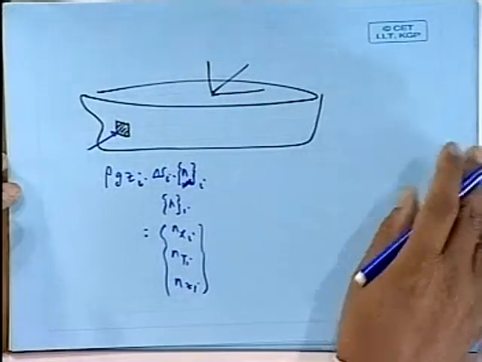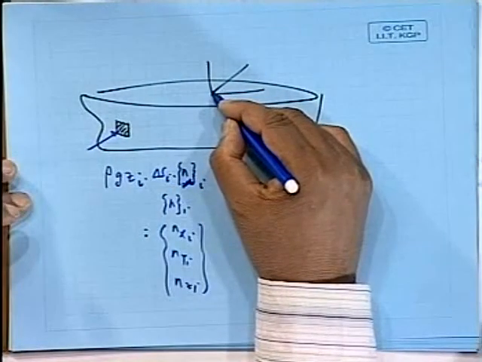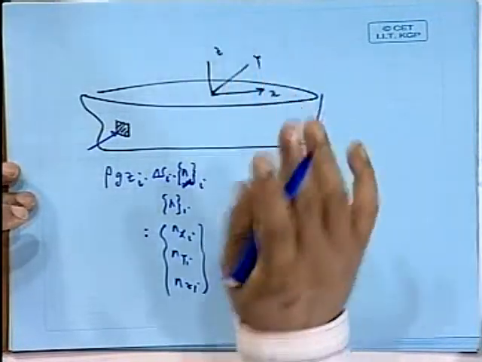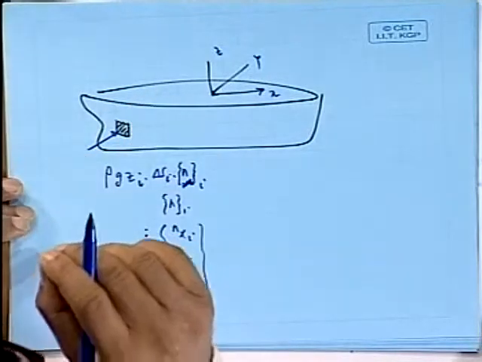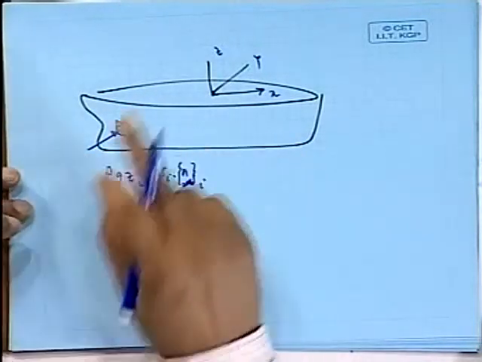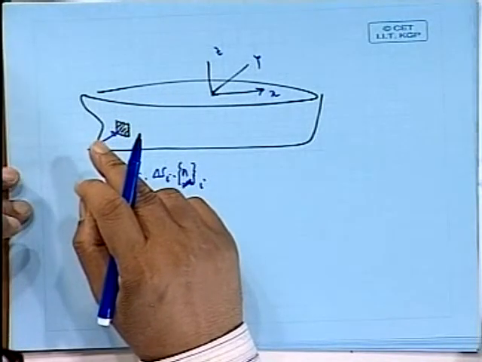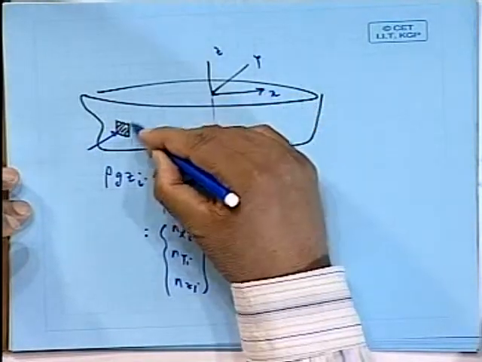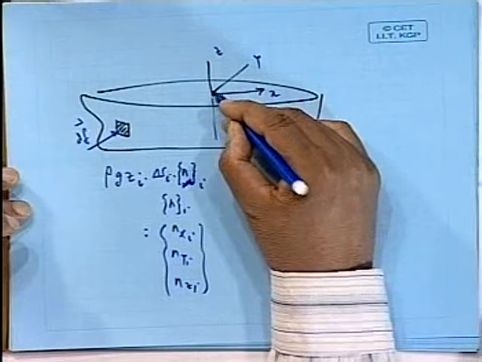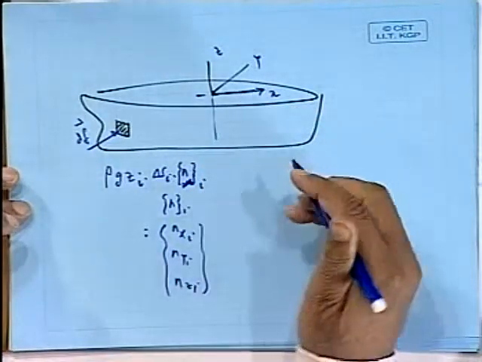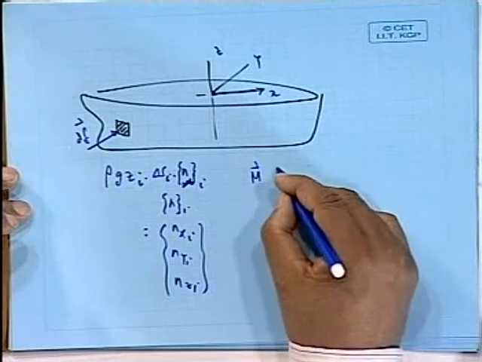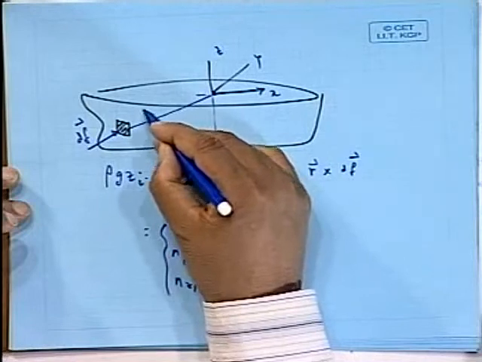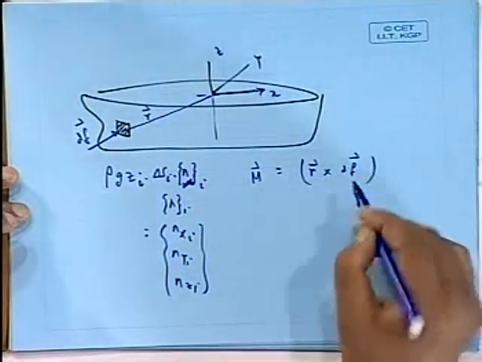Now you see what happened. Let me think: this is my x axis, this is my y axis, this is my z axis. I want to find out the LCB and VCB. That means the z coordinate and the x coordinate of this thing. Now what I need to do is find out the moment of this force. This is my df about this axis, let us say about this x axis. The general formula of a moment is given by r cross df, where r is this vector. Now this is a vector notation.